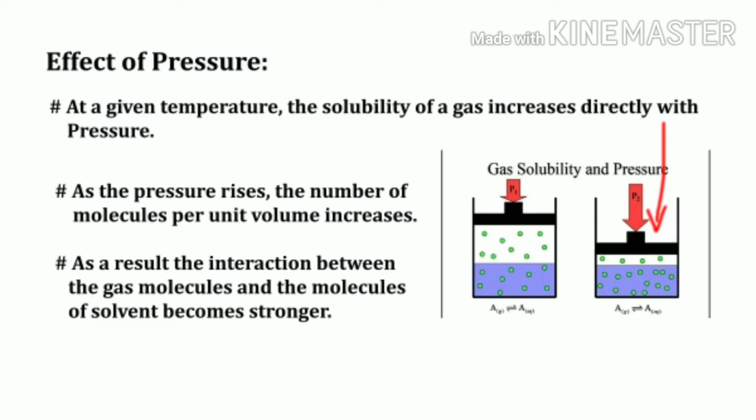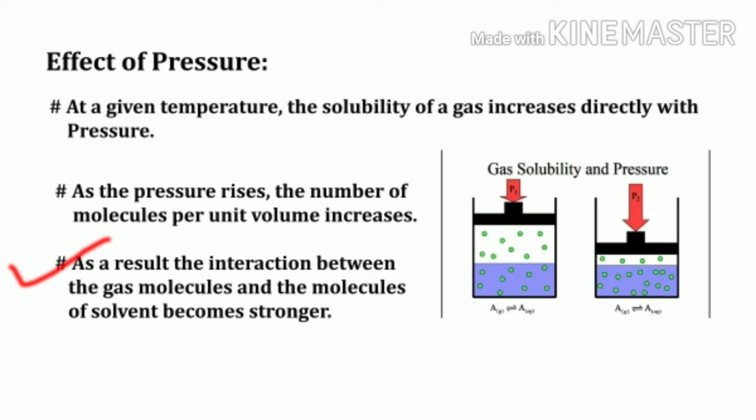As a result, the number of gaseous molecules per unit volume increases. Secondly, this causes a stronger interaction between the gas molecules and the solvent molecules, as a result of which stronger intermolecular forces exist between the gas molecules and the molecules of the solvent,